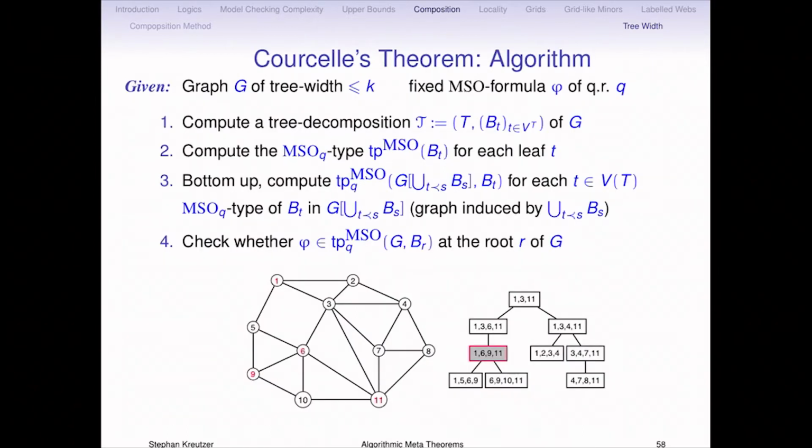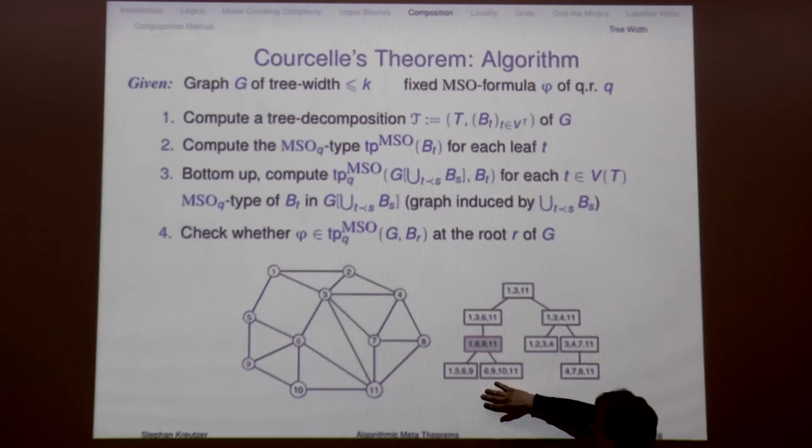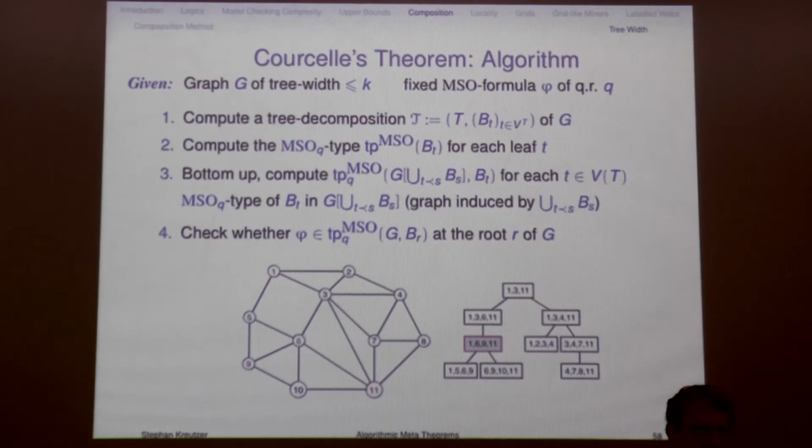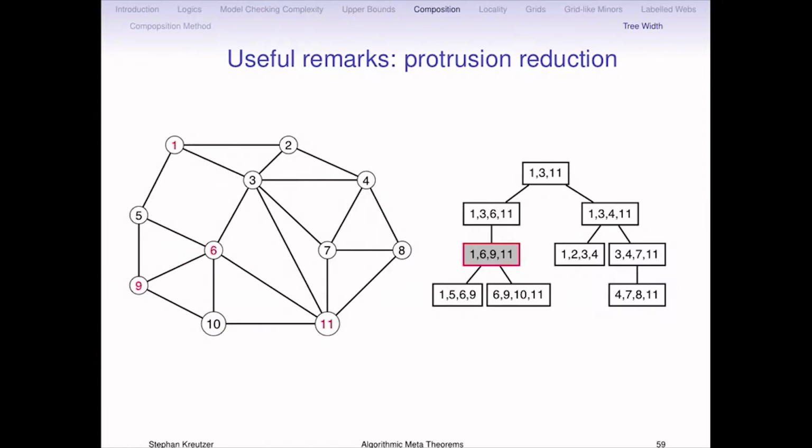It's basically exactly what we've done on trees. You compute the tree decomposition, and there's a theorem that you can do it efficiently. And then you start from the bottom computing types, working your way up. Once you know the type up here, you check whether your formula is in it, and you're done. Let's say we do this procedure, and we have worked our way up on a huge tree decomposition. So this is super big, really, really big.